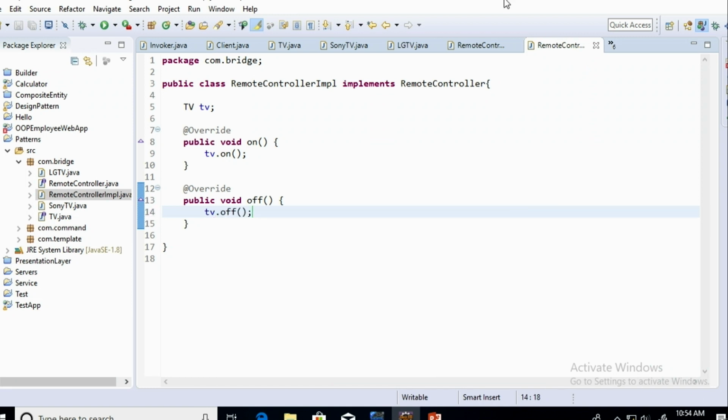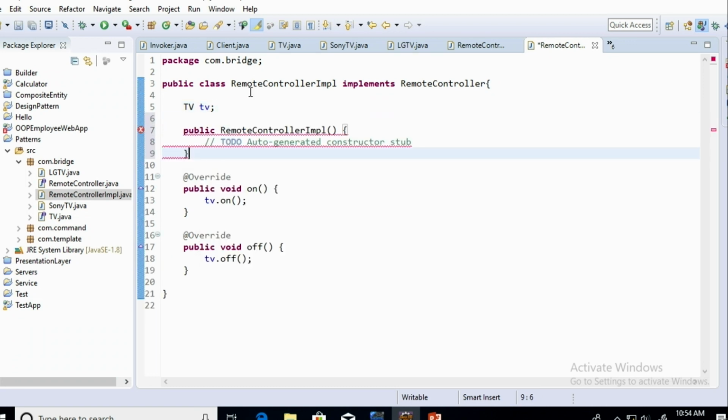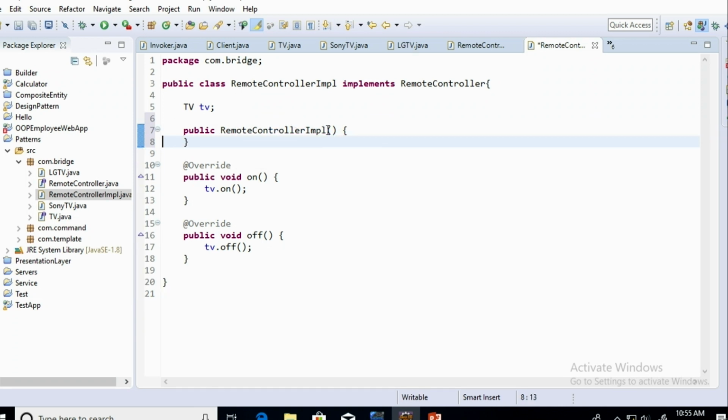you can code. So in the constructor of this class, I can assign the TV object.